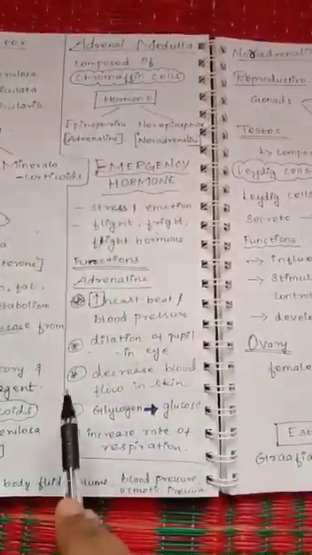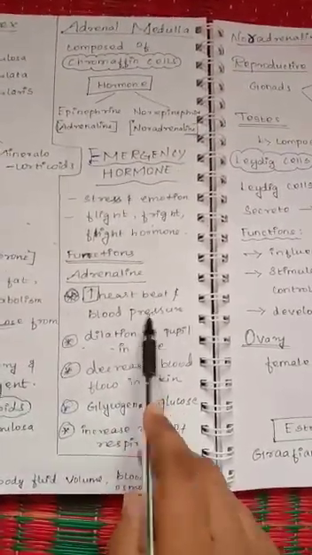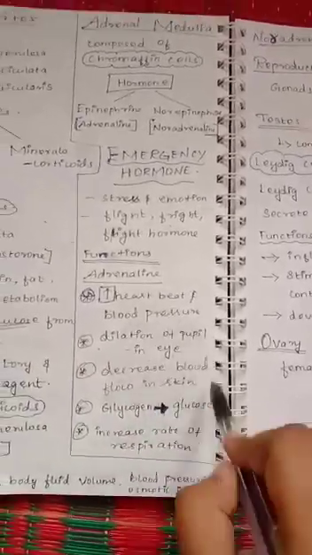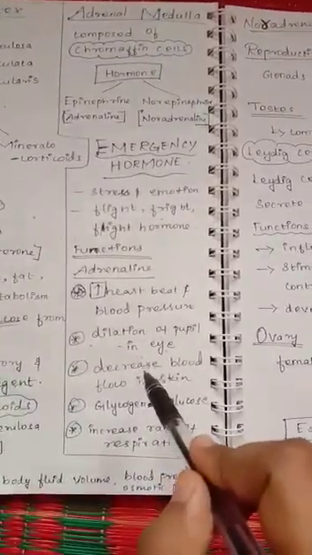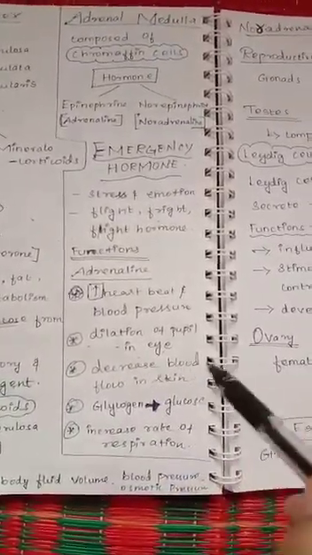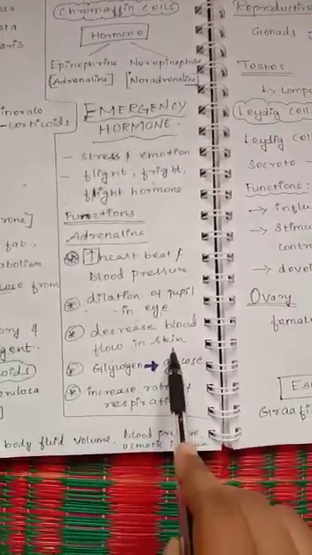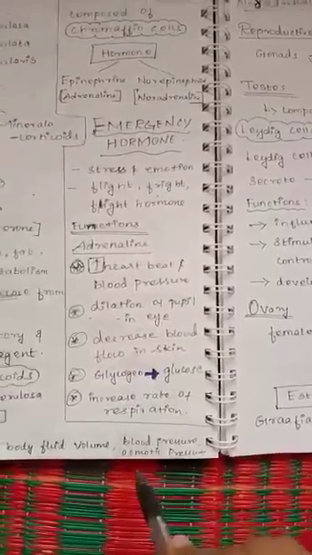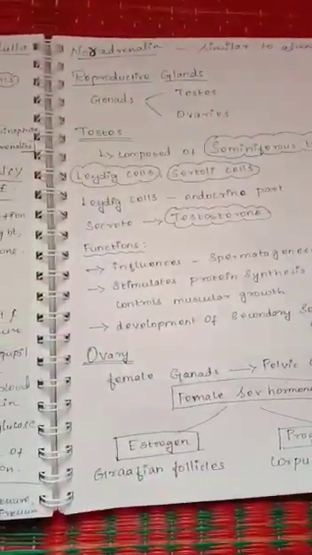adrenaline are as follows. It increases the heartbeat and blood pressure, and it helps in the dilation of pupil of the eye. These are the things that you find when you get tensed or stressed, or when you get any type of fear. It helps in decreased blood flow in our skin. It converts glycogen to glucose. It increases the rate of respiration at that moment. And the noradrenaline functions are similar to adrenaline.